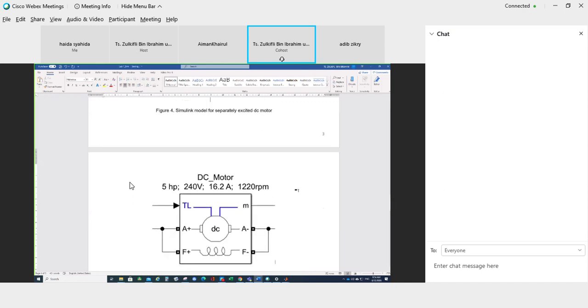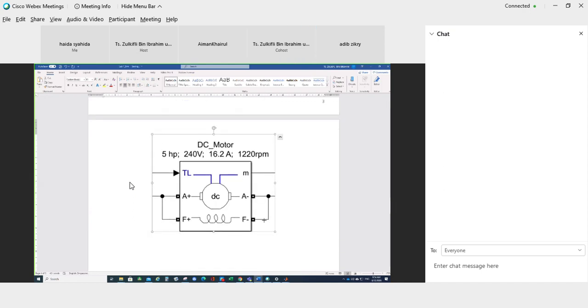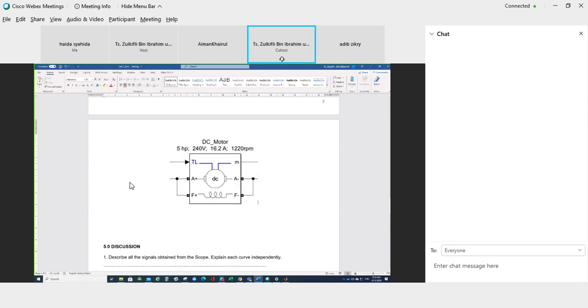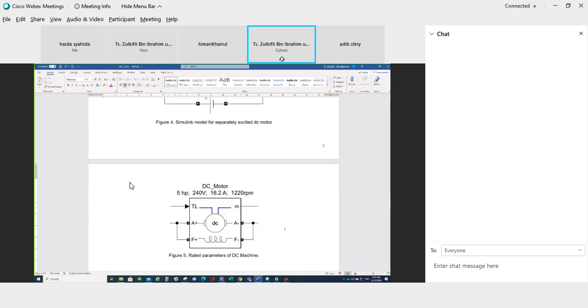Saya letak kat sini. So the figure 5 ini adalah rated parameter of DC machine. Okay, so this is the parameter from